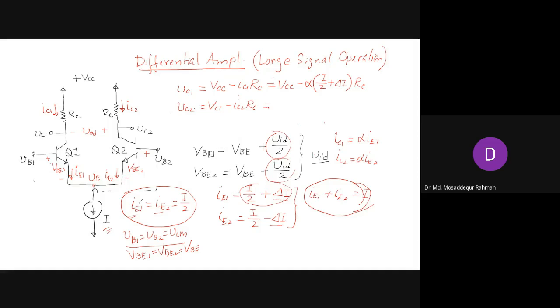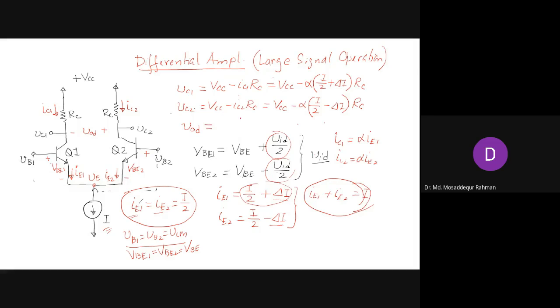And for VC2, we write similarly VCC minus alpha IE2. In this case, IE2 is I by 2 minus del I. So I by 2 minus del I times RC. So these are the expressions for the collector voltages, and from this we can write the expression for the differential